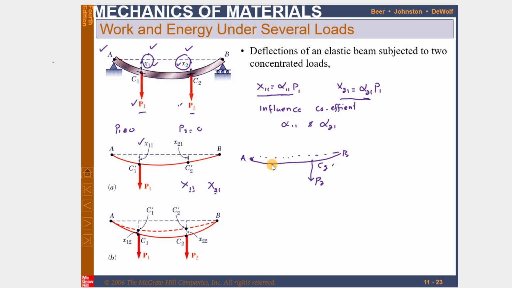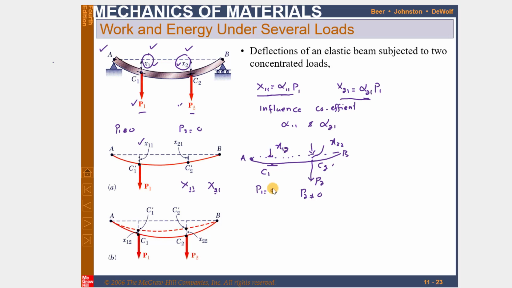This is the C1, clear. Here P2 is not equal to 0 and P1 is equal to 0. Now due to this P2 load there will be a deflection, that is x22. You can see from this point to this point, this distance is x22, and due to this P2 load there will be a deflection that is represented as